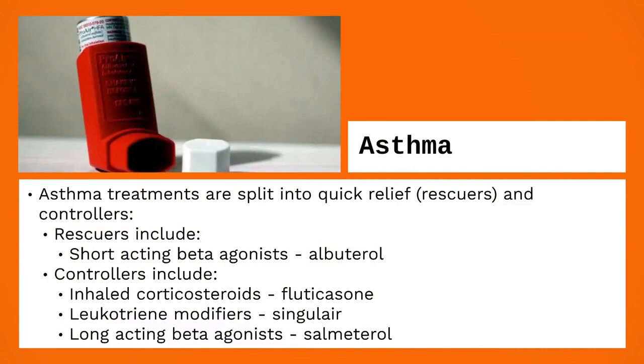So asthma treatments are split into quick relief or rescuers, like I said, and controllers. Our rescue inhalers include short-acting beta agonists like albuterol. We only want patients to use these when they have symptoms. Our controllers include inhaled corticosteroids like fluticasone,